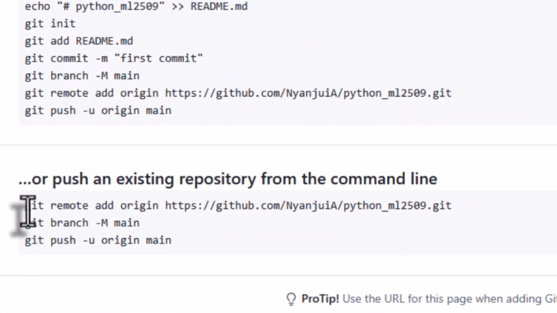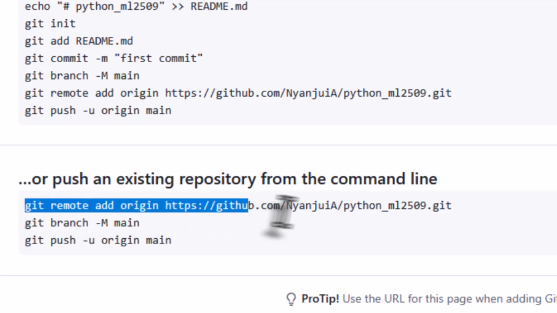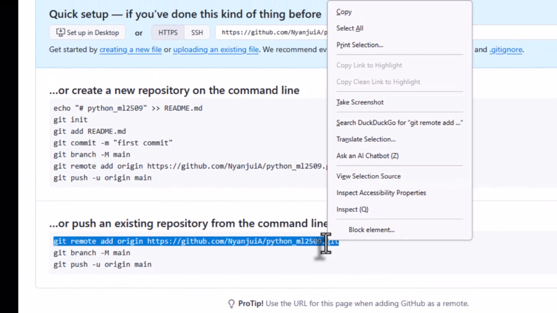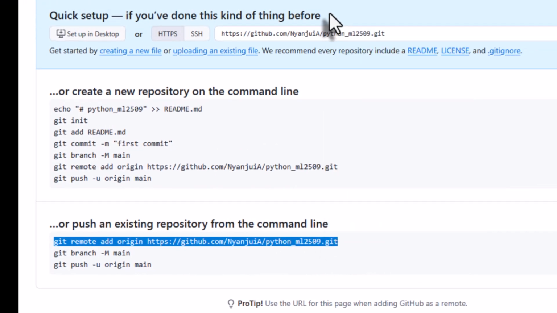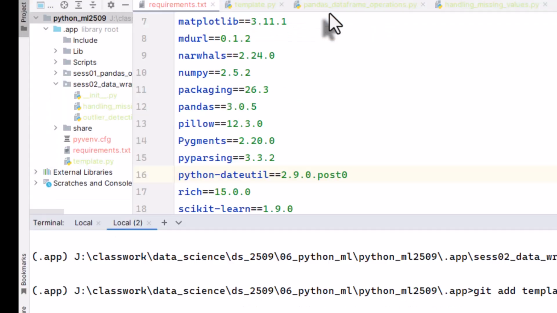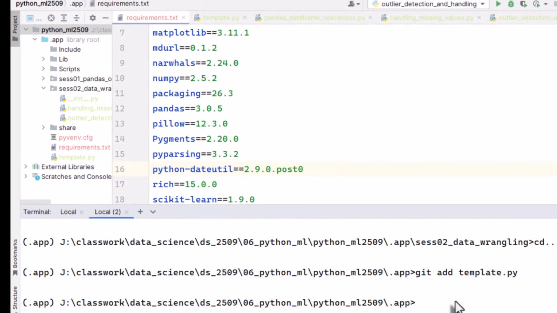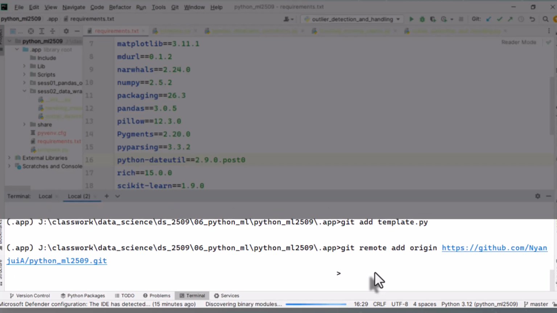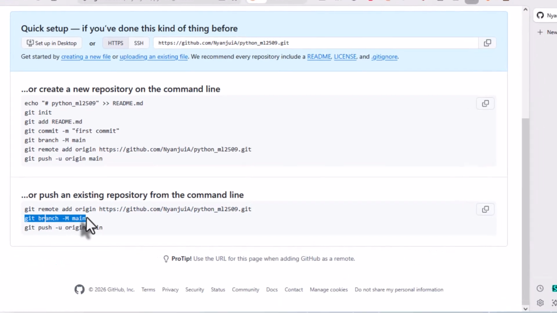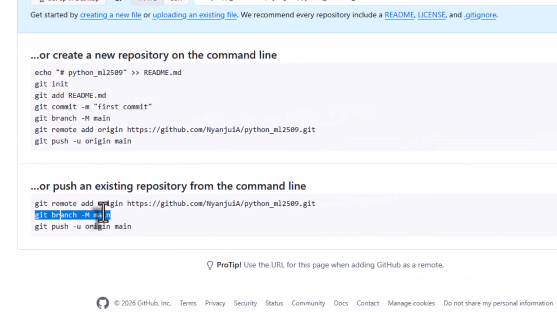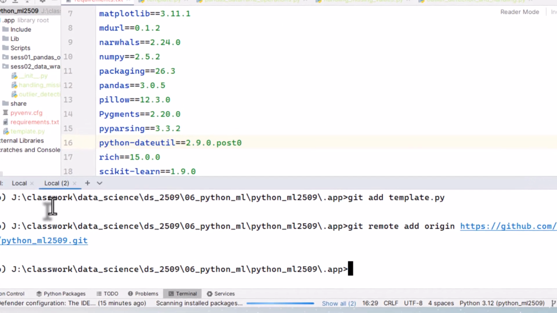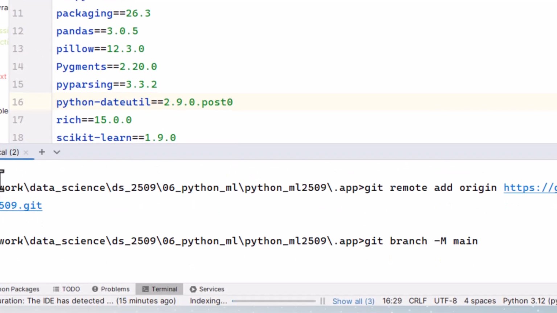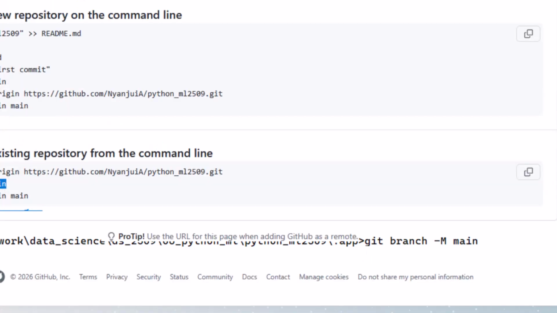So just copy this, go back, enter, good. Control V. And the last one,